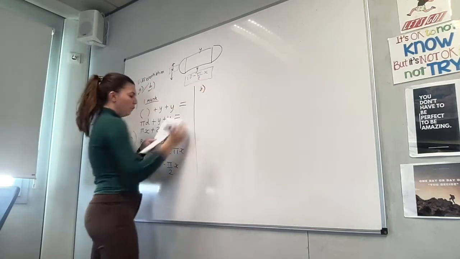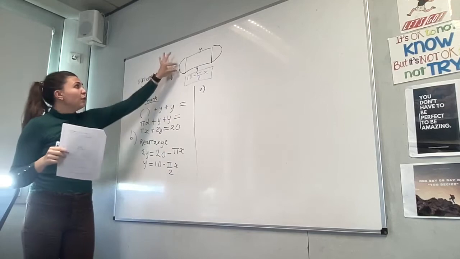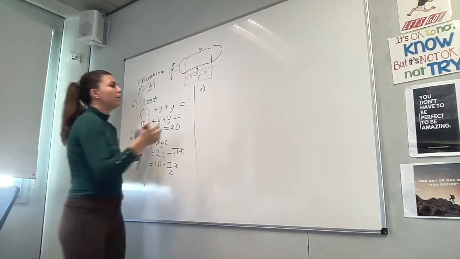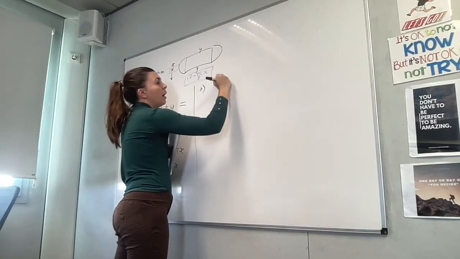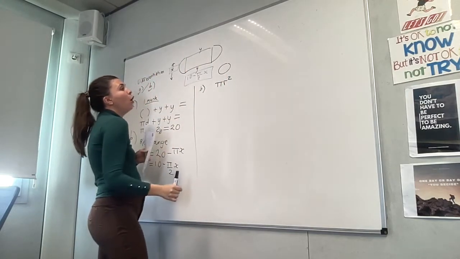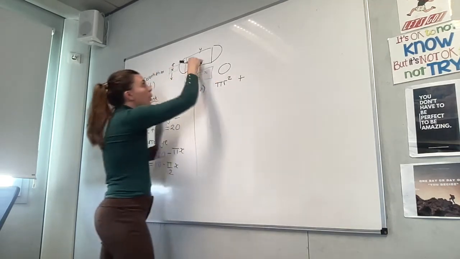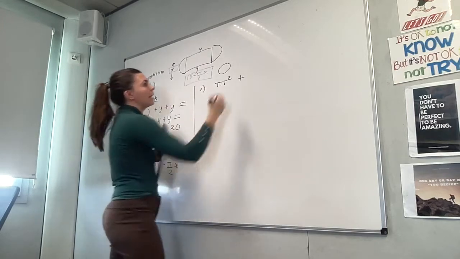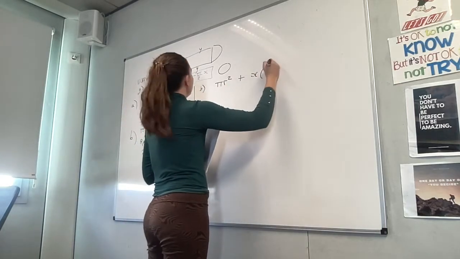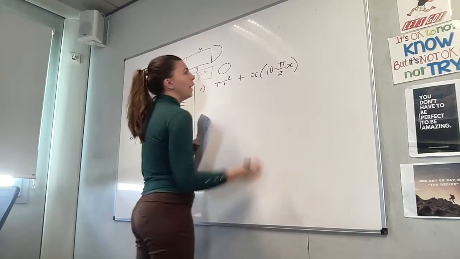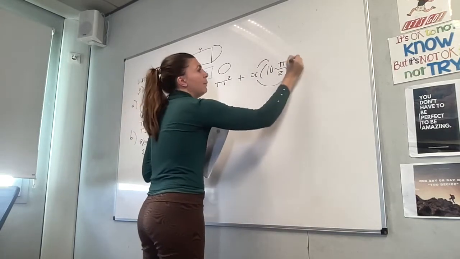So the first thing you're going to do is find the area of the full circle, which is 2 semicircles combined together, which is pi r squared. That is the full circle. Then we're going to find the area of the box. The box, or the rectangle, is going to be this length times the height, which is x. So the height is x times the length, which is this. Now, you are hopefully starting to see why I would recommend avoiding this in the exam, unless you want a